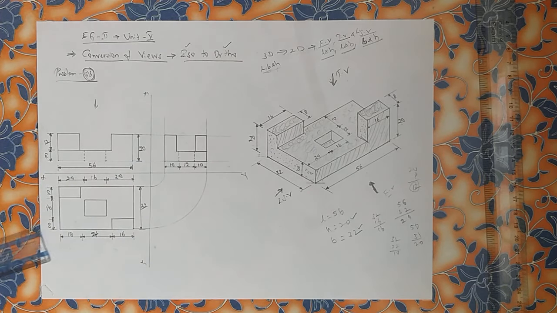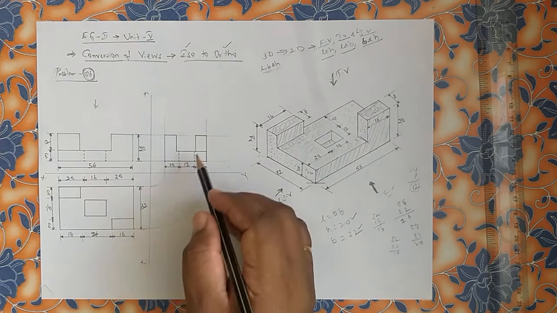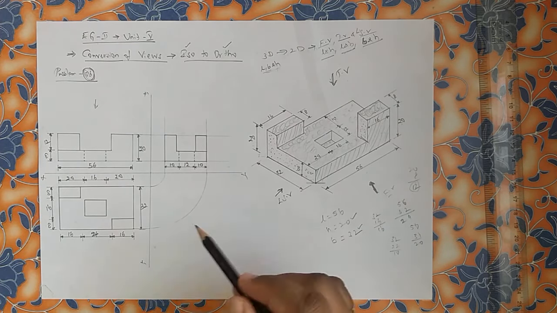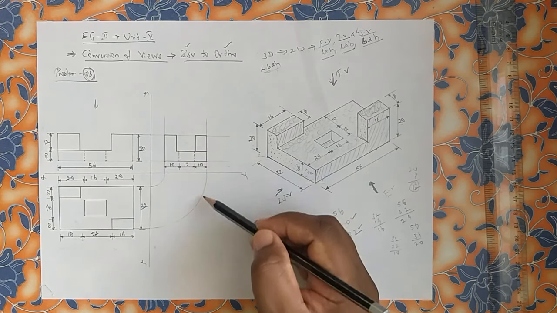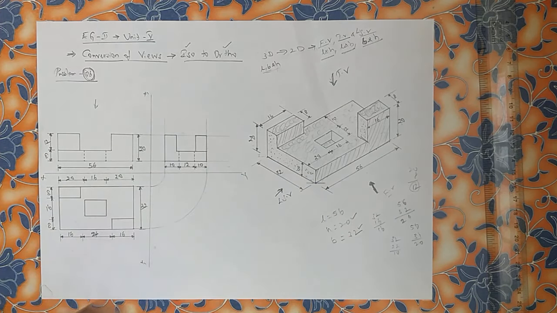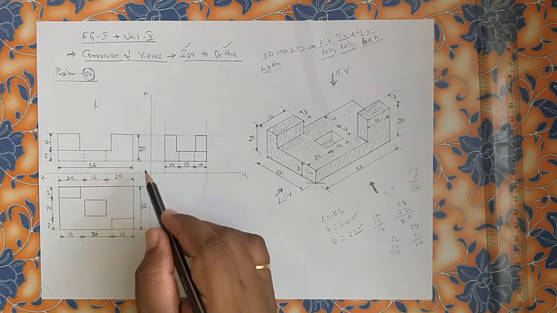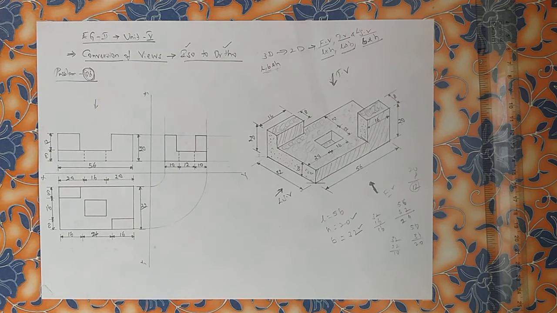So finally this is your front view, top view and left side view. This is your final answer. See here for the side views only I have taken the help of projectors, whereas from front view and top view you may or may not, as per your wish, you can take or may not take your projectors, but finally it should be clear and visible. Try to maintain x1, y1, xy lines so light, remaining things are thick.